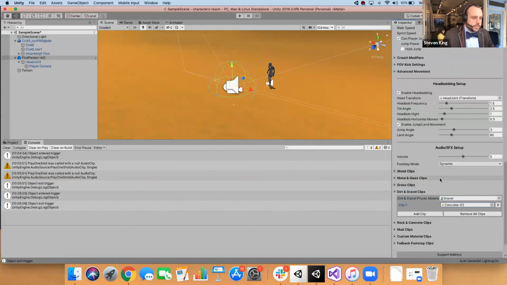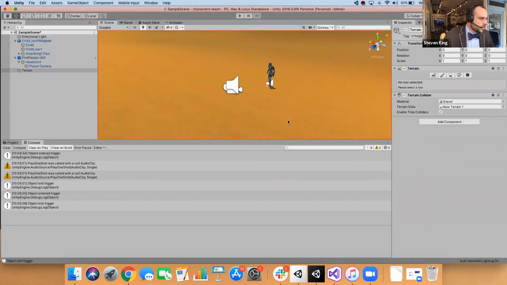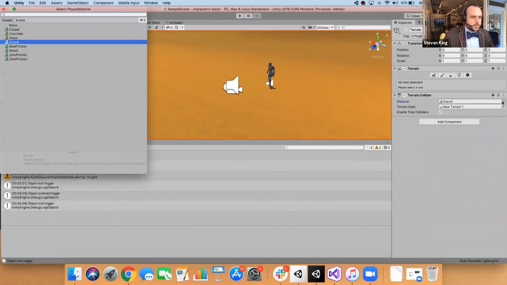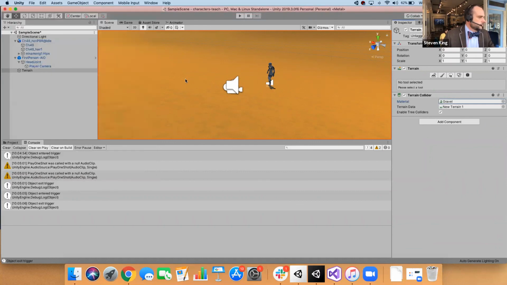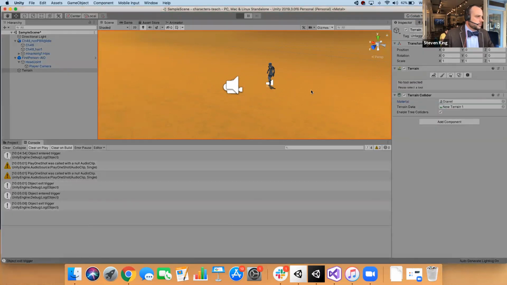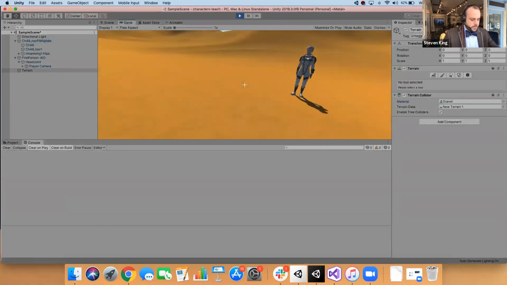And so anytime that it's on a surface that has this particular type of material, then it will always use these footsteps. So then I need to go click on my terrain and then make sure that my material is set to gravel. So now when we play it, you hear the footsteps